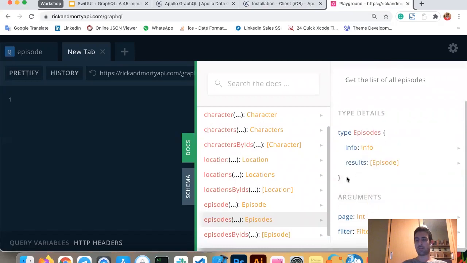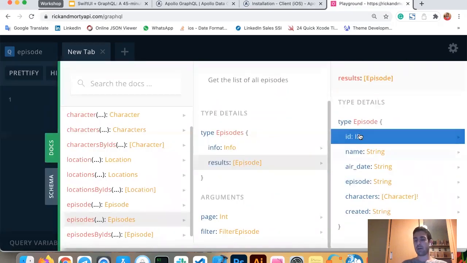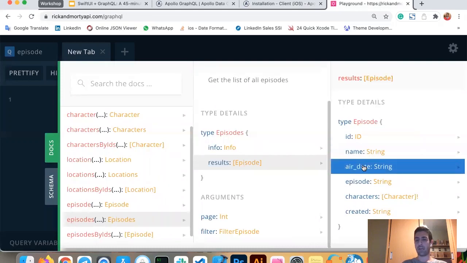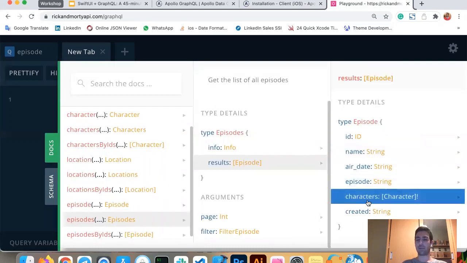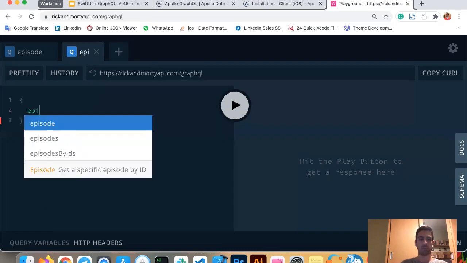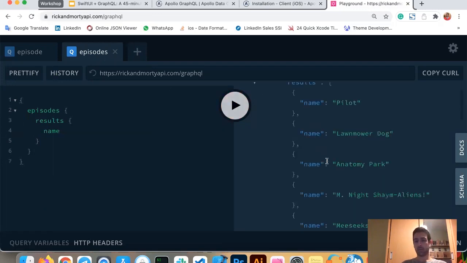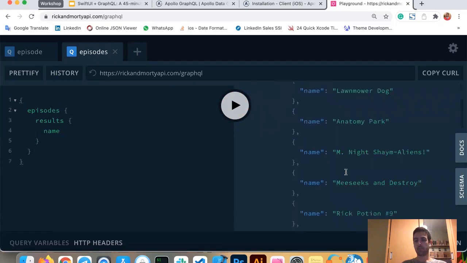see the data structure. For example, the episodes type contains the info and results, which in results is an array of episodes. And each episode contains name, air date, episode, characters, and so on. So for example, if you want to get the name of every episode in this series, we have to say episodes, just results, and name. Simple as that, and we will get the name of each of the episodes of